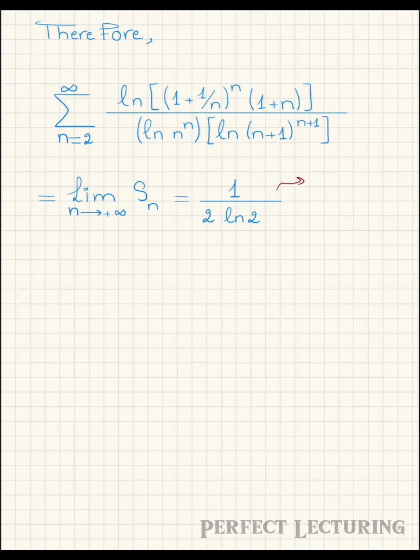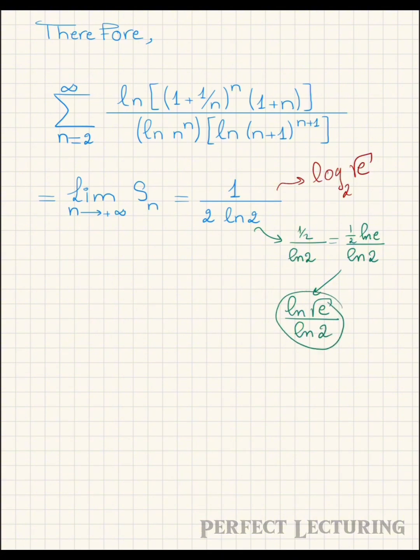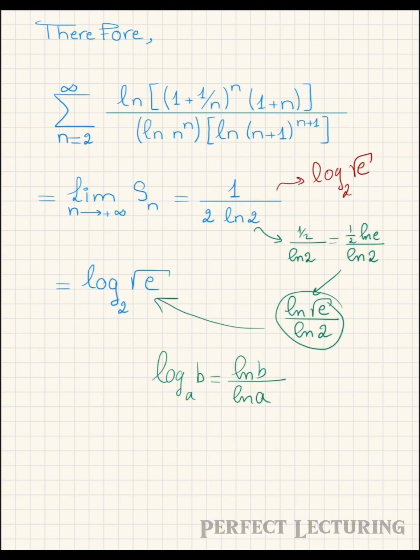Now, in order to convert this into log base 2 of the square root of e, as asked in the question, all we have to do is just apply some properties of logarithm, and that's it. This is simply 1 over 2 over the ln of 2. So the top is half times the ln of e over the ln of 2, which is the ln of the square root of e over the ln of 2. And what is this? It is simply our answer. It is just the following formula: log base a of b is equal to the ln of b over the ln of a. And therefore, we have